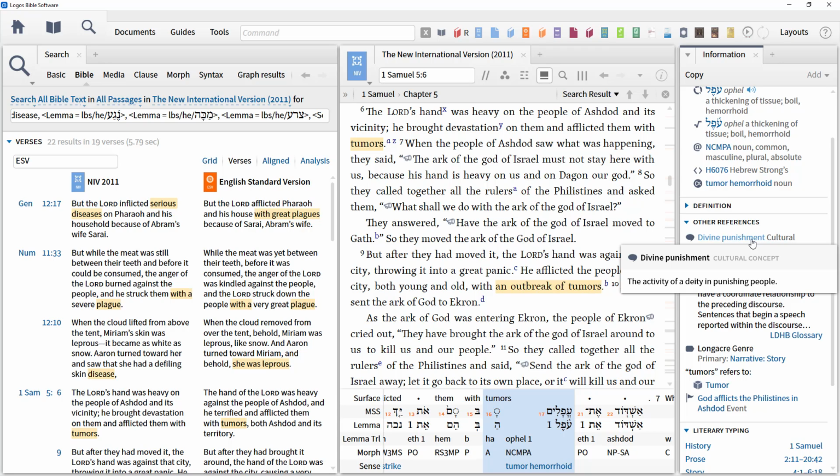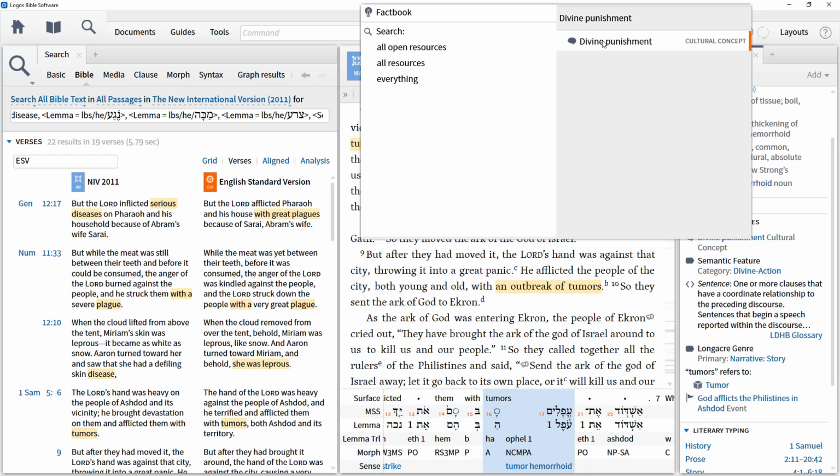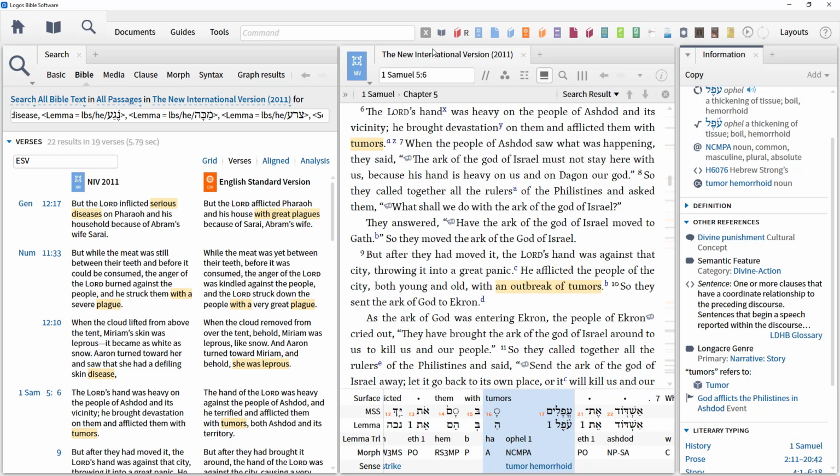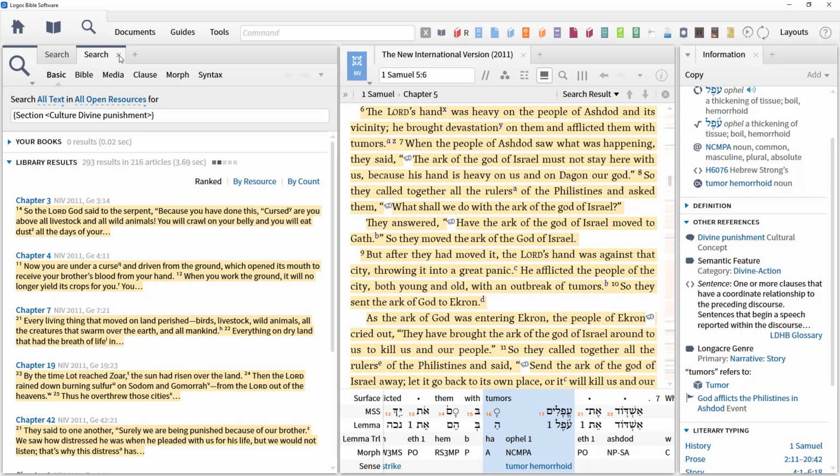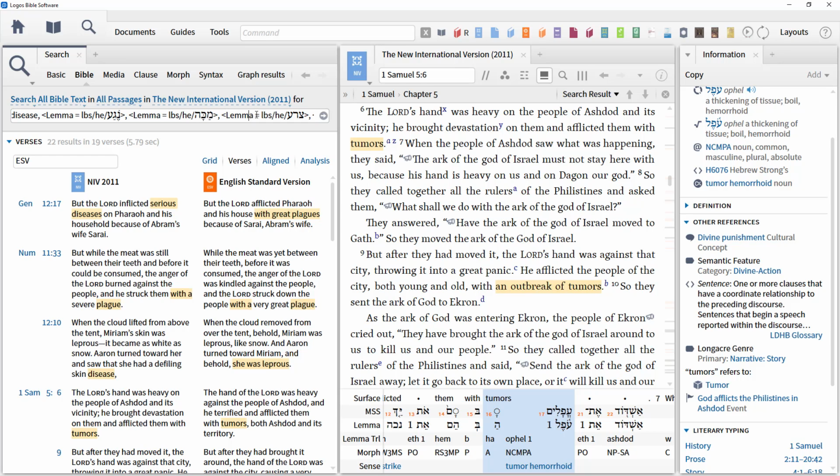This would be on the right hand side of our criteria now. So let's add that in. We'll right click, choose the cultural concept, search all open resources. We get our search criteria, copy it to the clipboard, close the search,